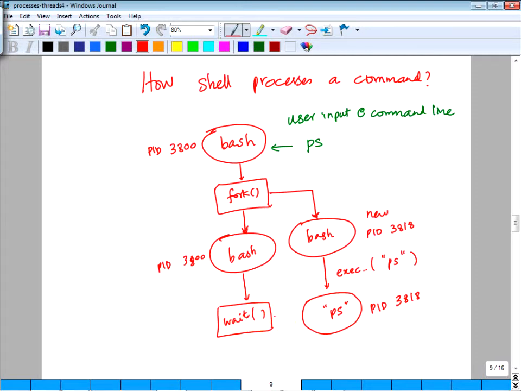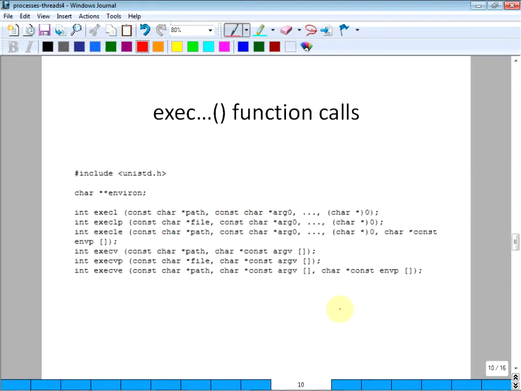Okay, so it's basically waits for return code from the child. Questions? So every command involves a fork and exec. Okay, what's in this exec? Exec was designed